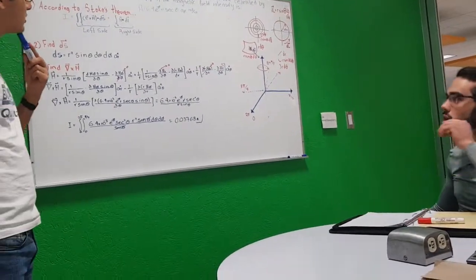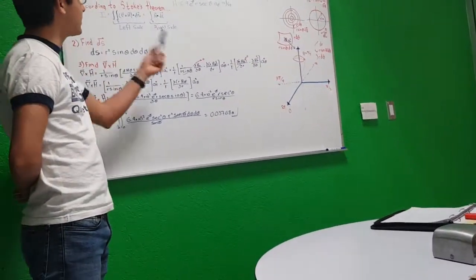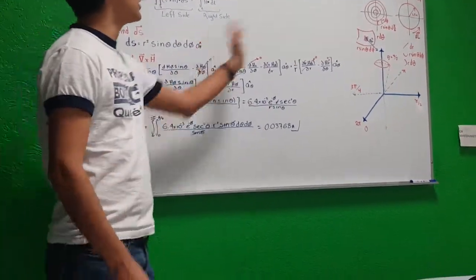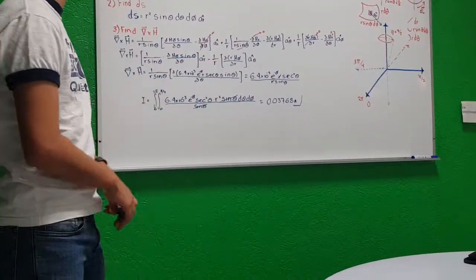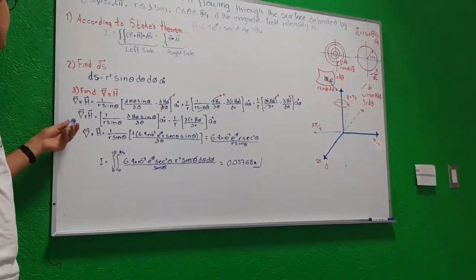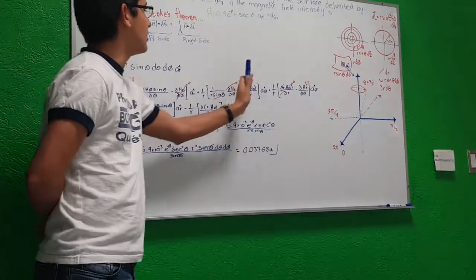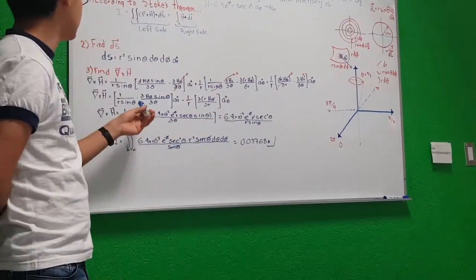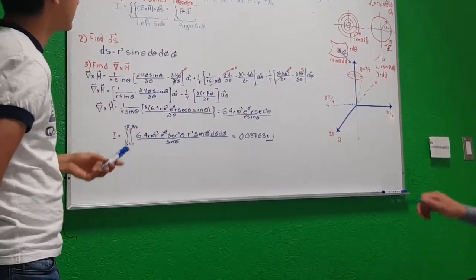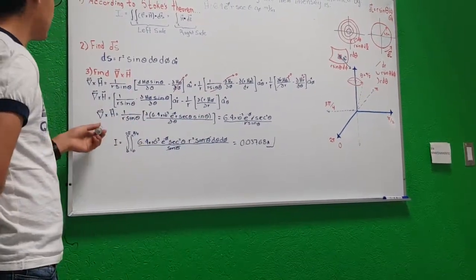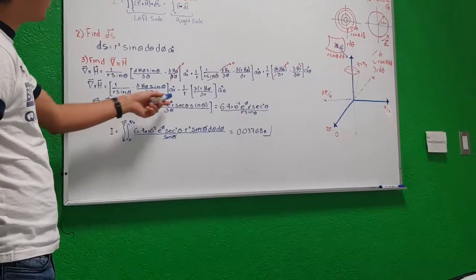Yeah, exactly. This is due to the direction of the vector. We only have to use r, and the rest of the expression is gonna be cancelled. We get this and this, but this is gonna be cancelled too. And this is the only